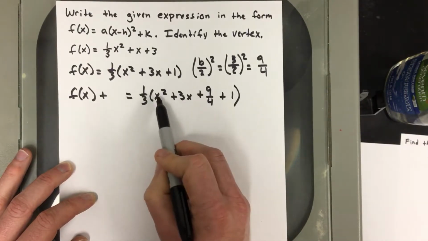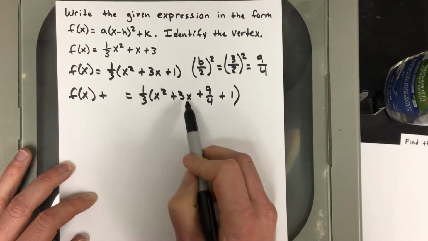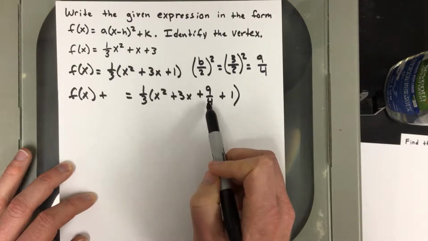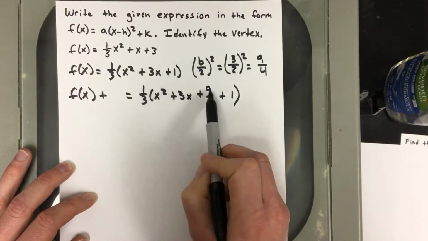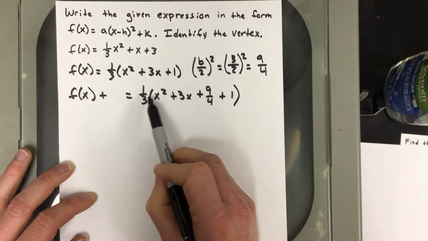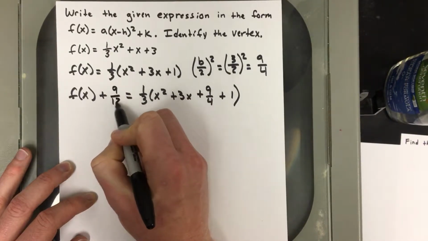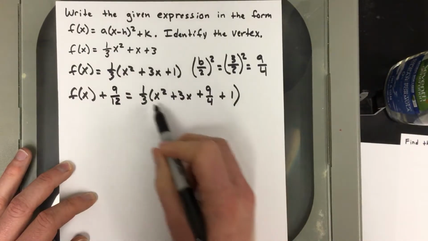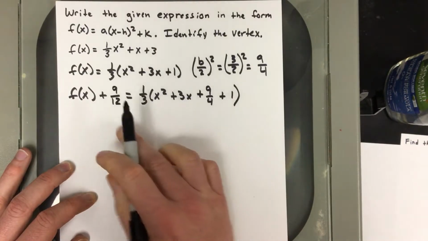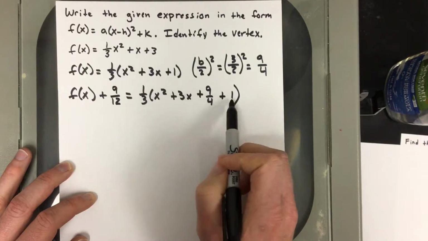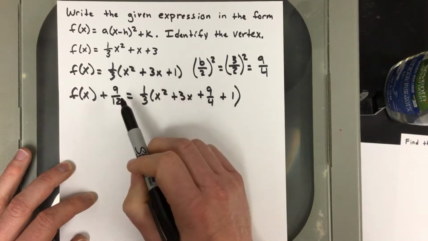So 1/3 times x squared gives me the 1/3 x squared, 1/3 times 3x gives me the x. 1/3 times 9 over 4 is actually going to give me 9 over 12, right? 1 times 9, 3 times 4. So 9 over 12 is what I need to write right here, so that when I subtract 9 over 12, if I distribute this and subtract that, I'll get the original equation. It'll cancel this term out. Then obviously 1/3 times 1 would give me the